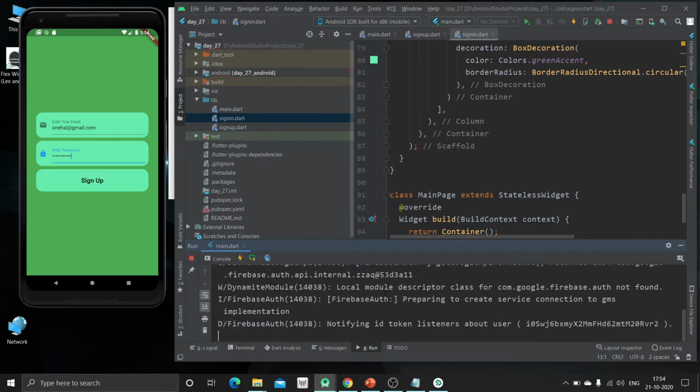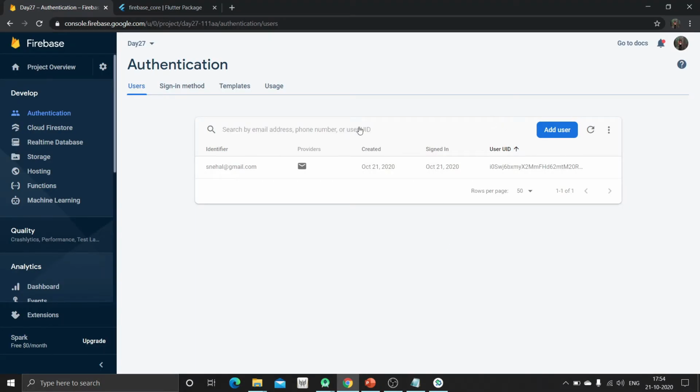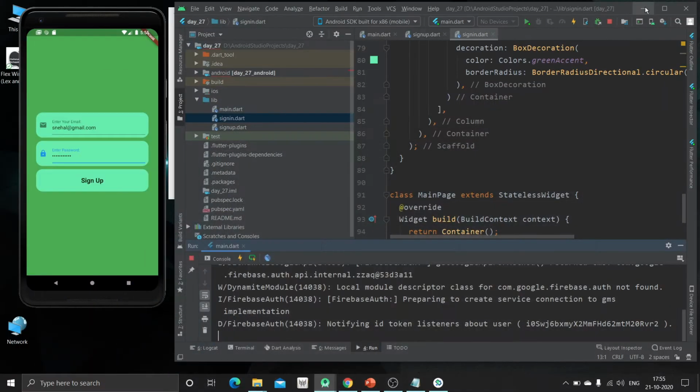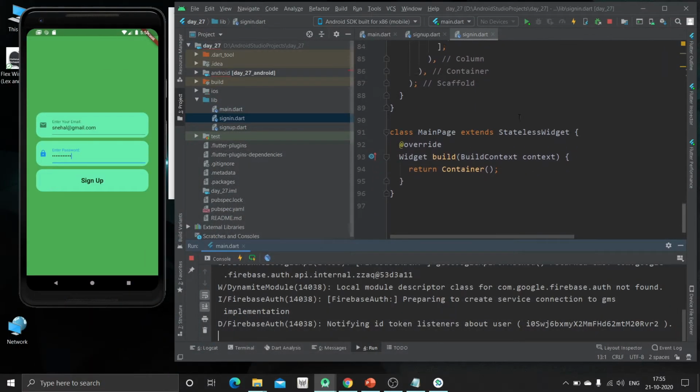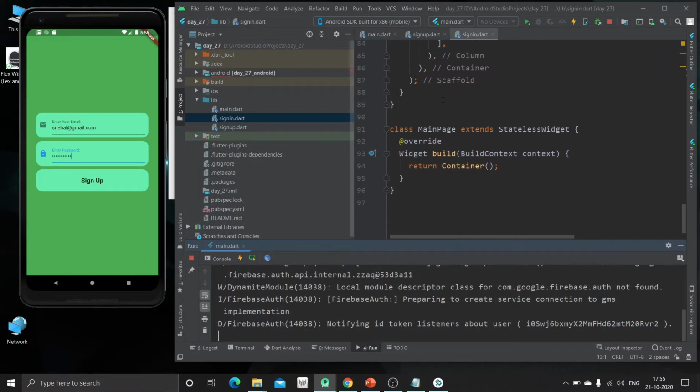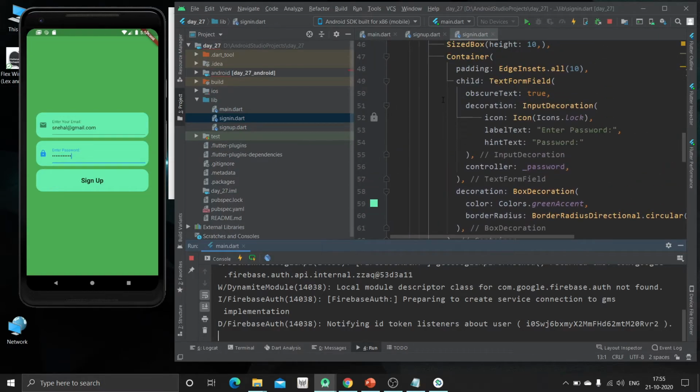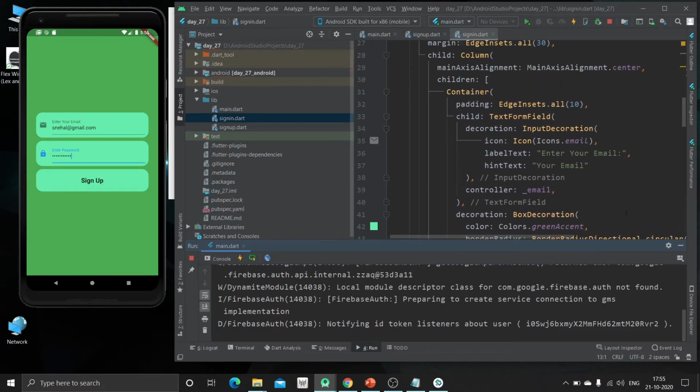So it is checking whether this user has been created earlier or not. So as this user has already been registered in your app, after the login this user can log in.